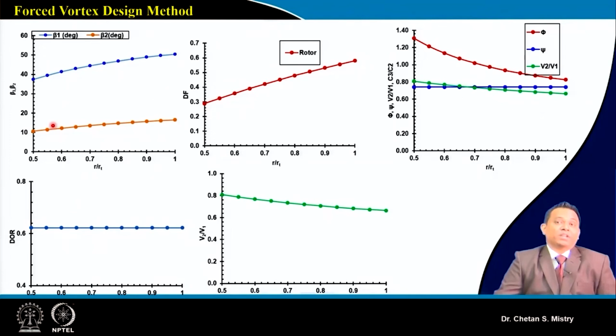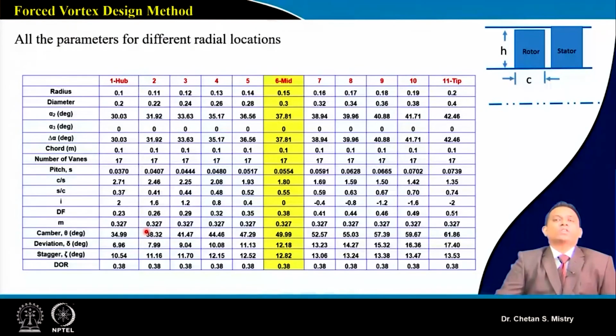Okay, so many times, as per the requirement, maybe you are not looking for a highly twisted blade. This is the configuration, and if you compare, there is a higher diffusion factor near the tip region, and the degree of reaction is constant. So this will give us an idea of how the degree of reaction, delta beta and diffusion factor vary. We will see the comparison of all three methods, which will give a clearer picture for the comparison. Now in order to do the calculation for the stator, we can use the same approach